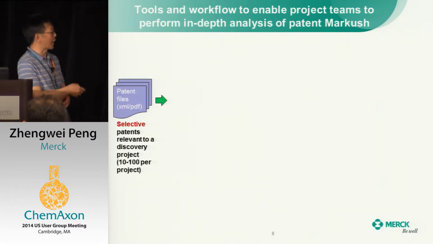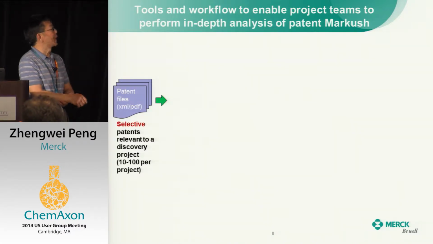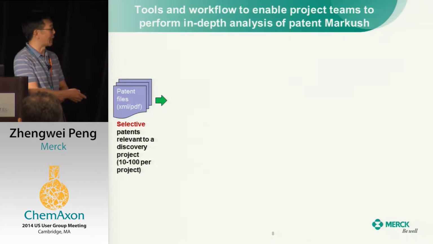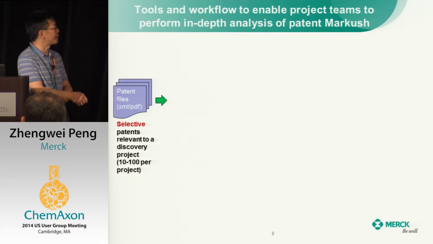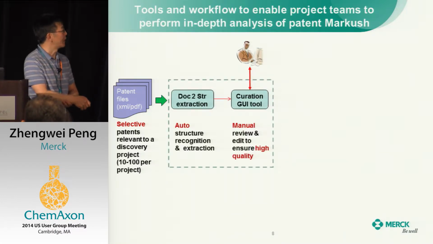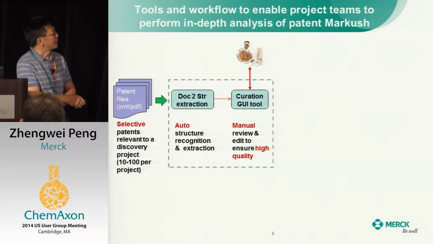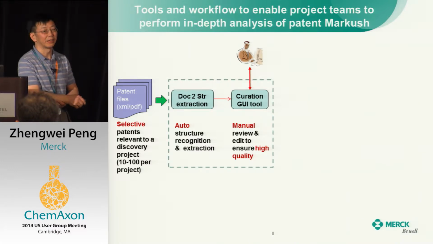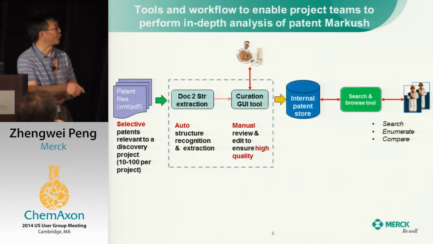So the workflow, of course, is that it's very likely on a single project, I said 10 to 100 per project, not more. Most of these patents are probably too far away from the lead series you're working on right now. There may not be a need for this detailed encoding. Only a few of them will need it. And then, as I said, the automated part plus the manual part in combination. So essentially, a curator ensures high quality. And I've already mentioned that.